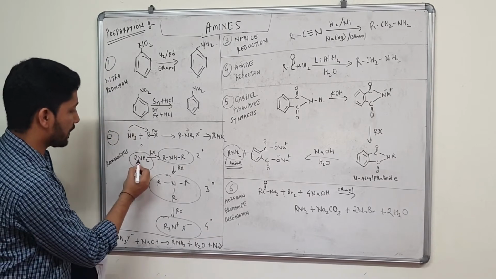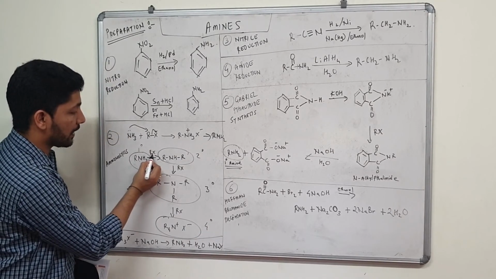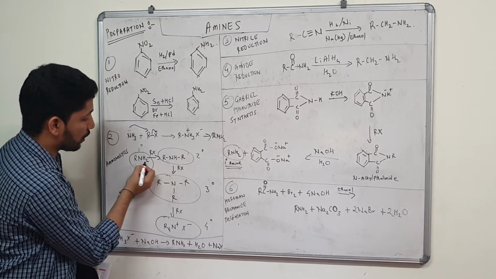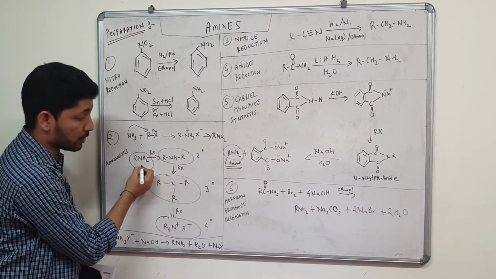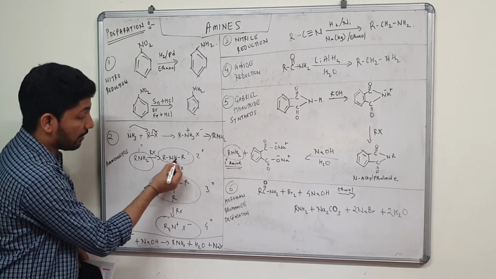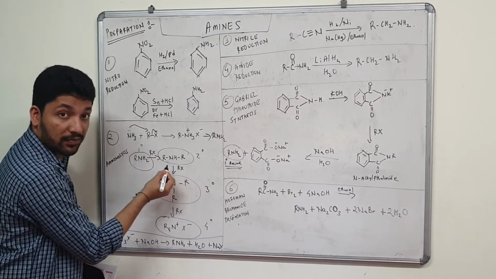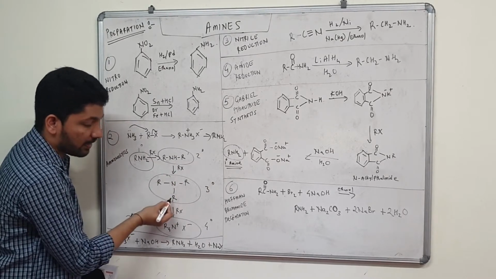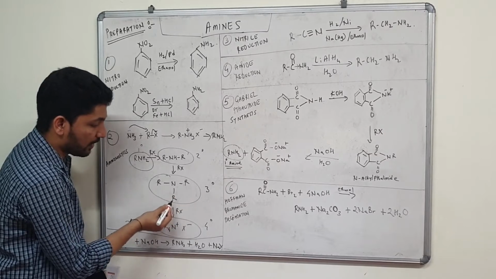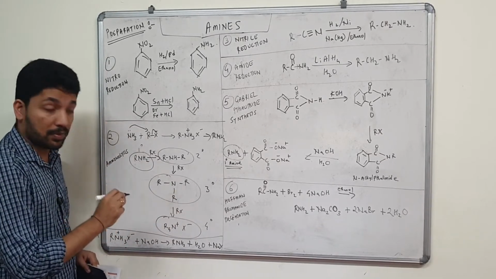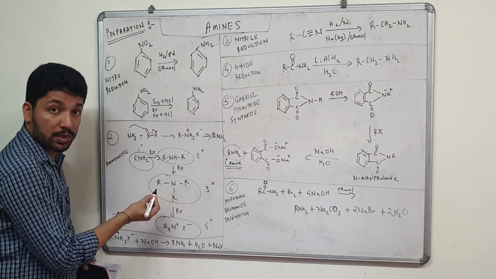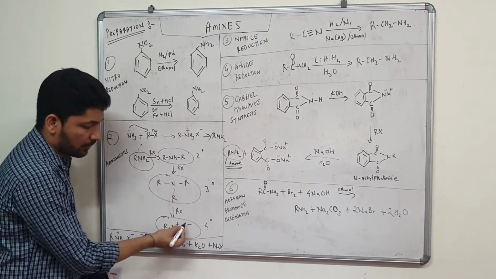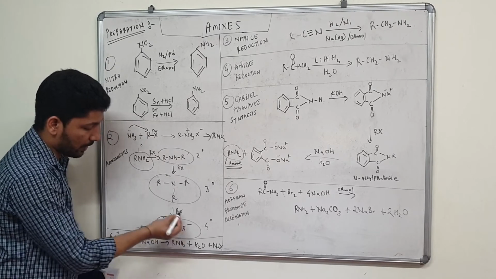So you can see the primary amine reacts with RX and you get a secondary amine over here. One hydrogen is removed and in place of that R is getting attached. Secondly, the secondary amine reacts with RX further, and here the remaining H is also removed and is replaced by the alkyl group. You get a tertiary amine, and still further reaction takes place because there is scope for nitrogen to get attached to 4 groups. But of course it will be a salt. Did you understand? And it will be unstable.